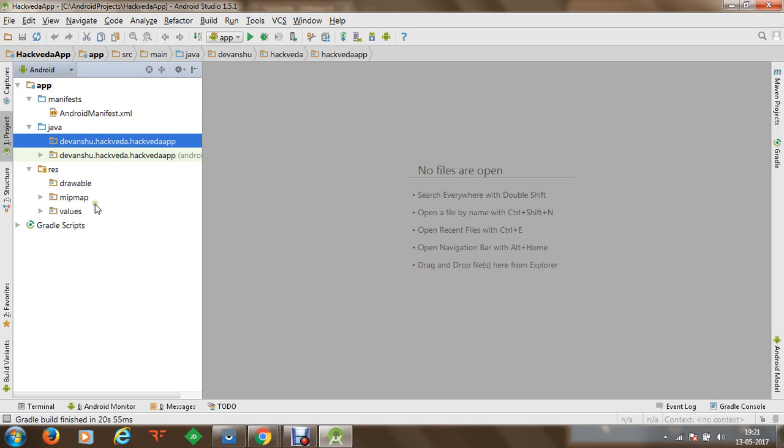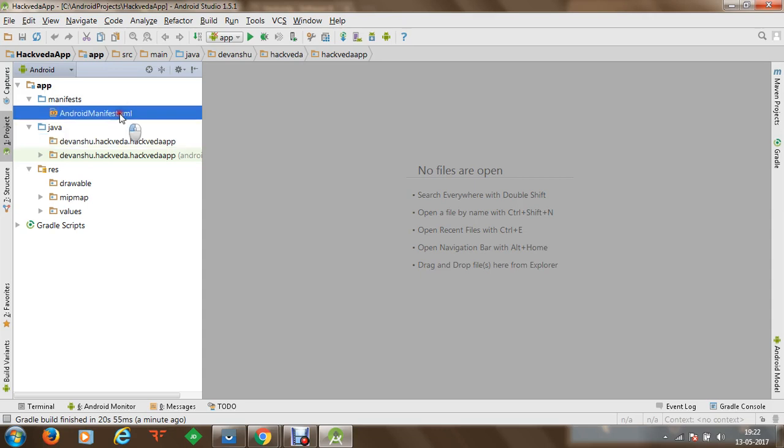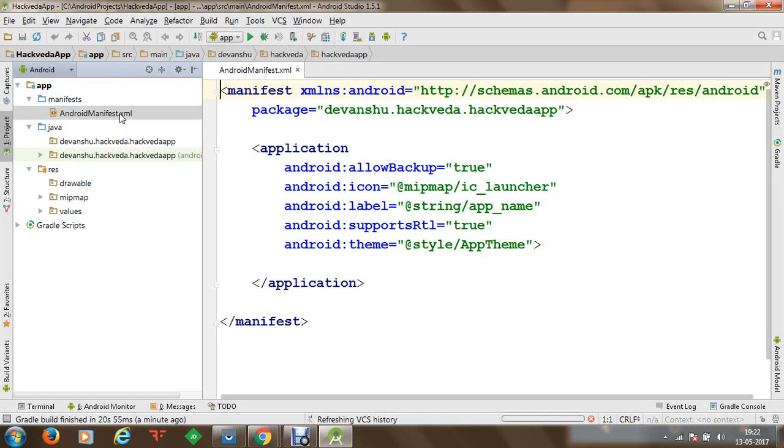So now what we are going to do is create a new activity. This activity will be a Java based activity. Within this, we are going to design the WebView control using the Java approach, and we are going to display the online content of the URL hackweather.in on our WebView control. Before that, I would like to view my manifest file, and you can see that at the moment there is no activity defined within my manifest file as well.